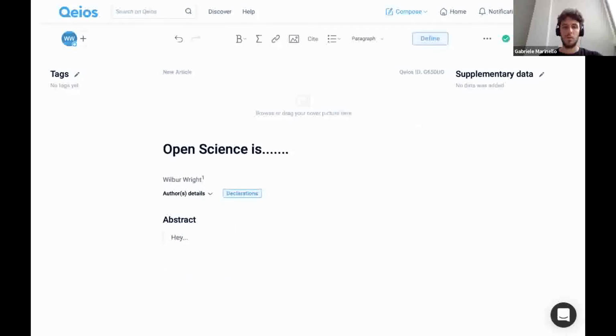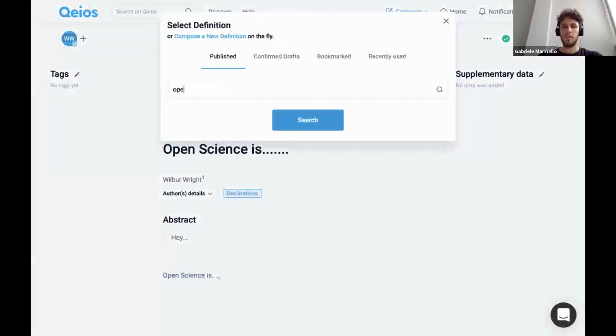So let's go on. Open science is, and here I want to use the definition of open science that I've just created. I just click on define, search for the definition of open science that I've just created.